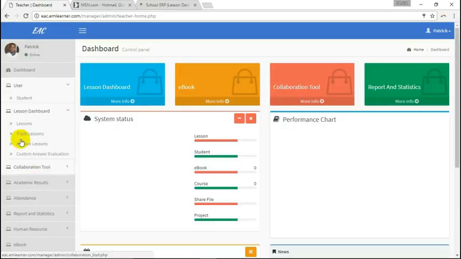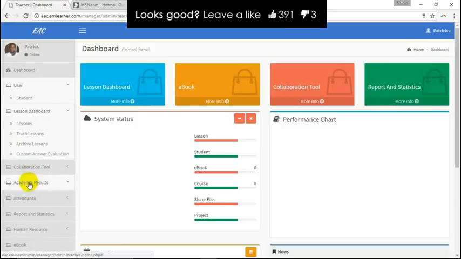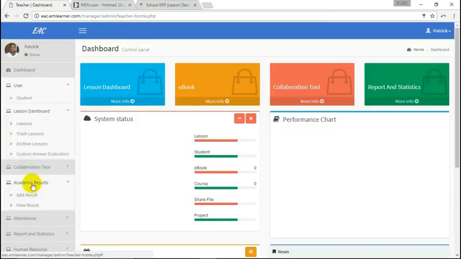And the teacher also has the opportunity to collaborate. The teacher has the opportunity to import academic results for students after each assessment. And the teacher has to mark attendance for students who are in a class. And then he can also configure the number of classes that you will need to have in a particular term or semester, or a particular session. Okay, so we'll show you how to do all that.